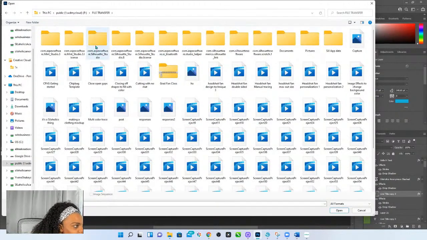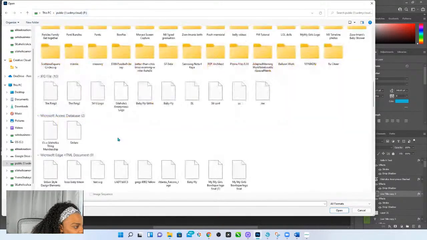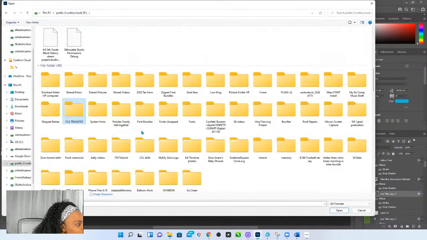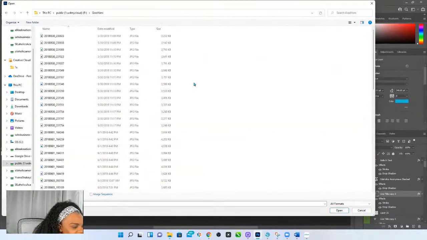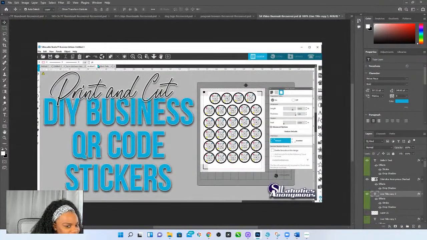Okay, that wasn't where I was supposed to be. Did I go to the wrong folder? Oh, grad fans, duh. It's going to suck opening this like this.